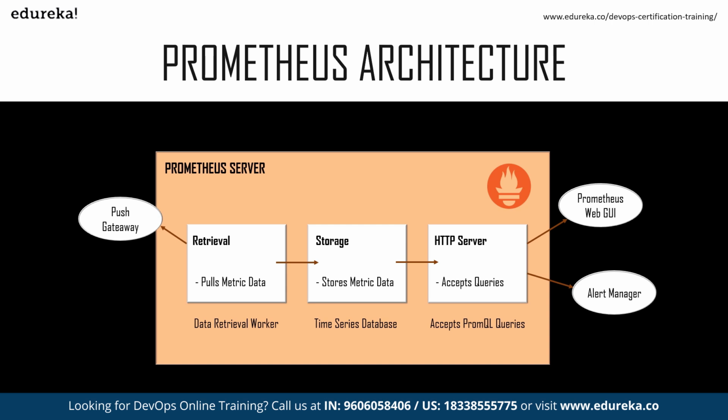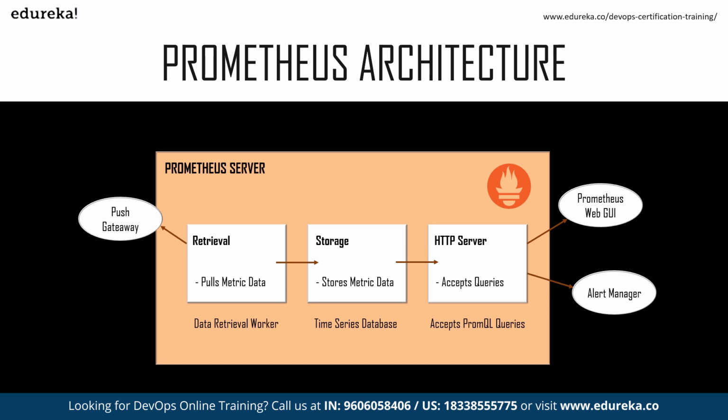Now, Prometheus provides client libraries in a number of languages that you can use to provide the health status of your application. But Prometheus is not really only about application monitoring. You can use something called exporters to monitor third-party systems. Now, an exporter is a piece of software that gets existing metrics from a third-party system and exports them to a metric format that the Prometheus server can understand. A sample metric from a Prometheus server could be the current usage of free memory or file system free space via a node exporter. We learn all of this in the demo part of this session.